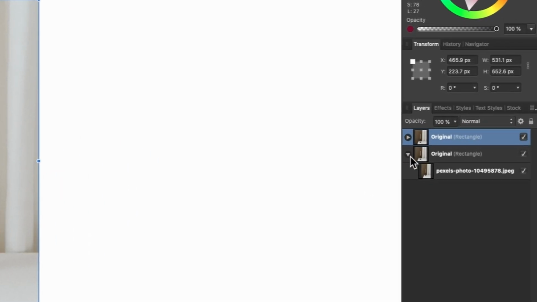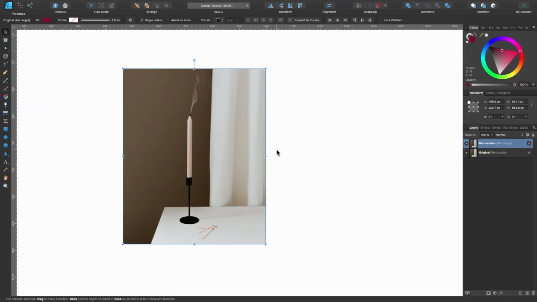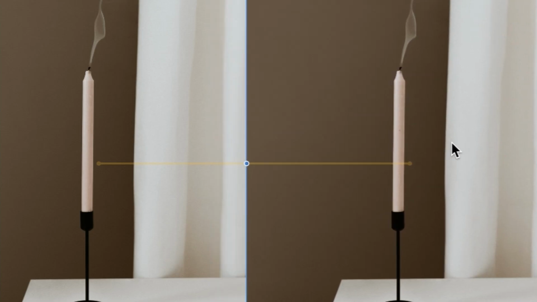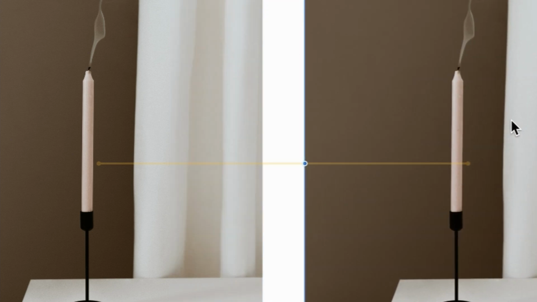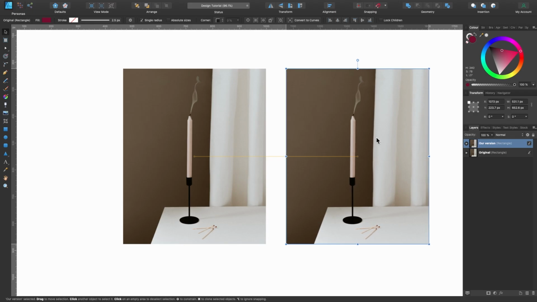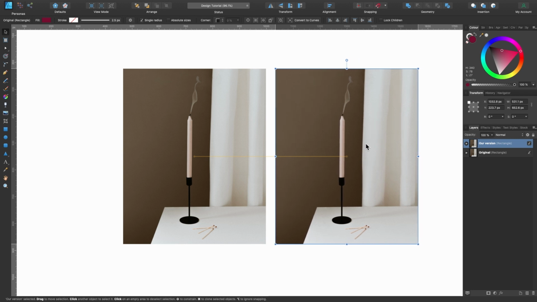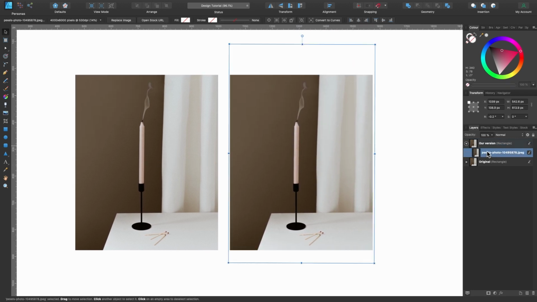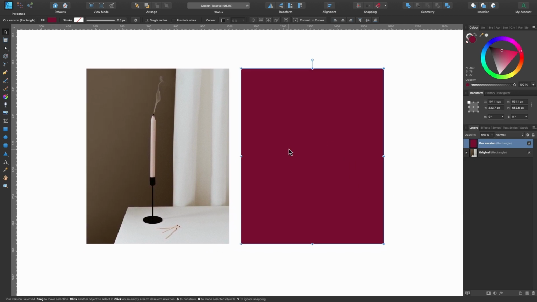You can see in the layers panel it's populated. We'll just quickly name it our version. Press return. Okay, let's drag it out to the right hand side. So I'm going to keep my finger on shift and click and drag out like that. You see that yellow line helps me to know it's dragging horizontally and not deviating. So I'll chuck it about there, and I'm going to delete the image inside. So this will be our version.